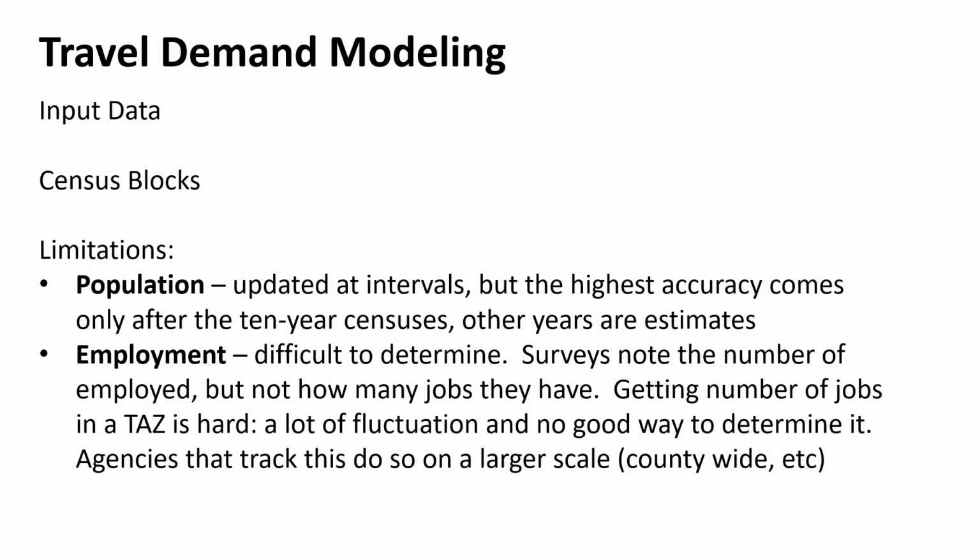Right. And some of the limitations are that we don't know exactly the population at any given year. We know it pretty accurately every 10 years because we have to count everybody in the country every 10 years by law. Everything else is an estimate, and they update those estimates, sure, but they're a little bit off probably. Other things that we don't know is employment, right? And that's often something we want to know. We would like to know how many people are employed in a certain area because that is an attraction. We're going to talk about that more in future lectures.